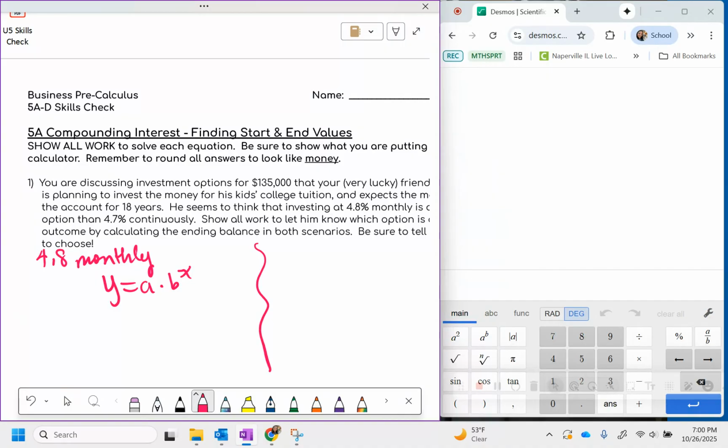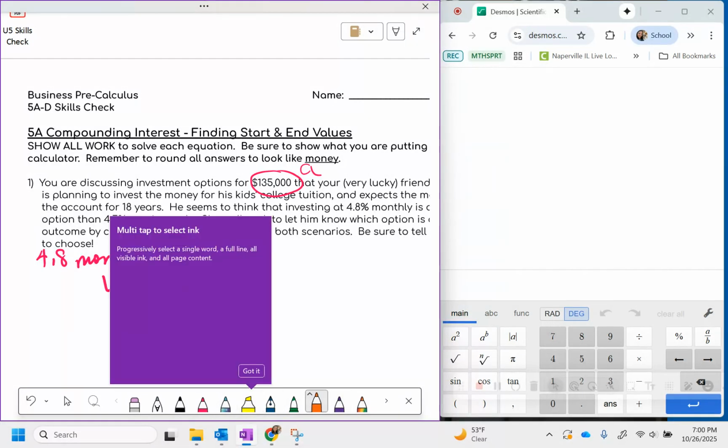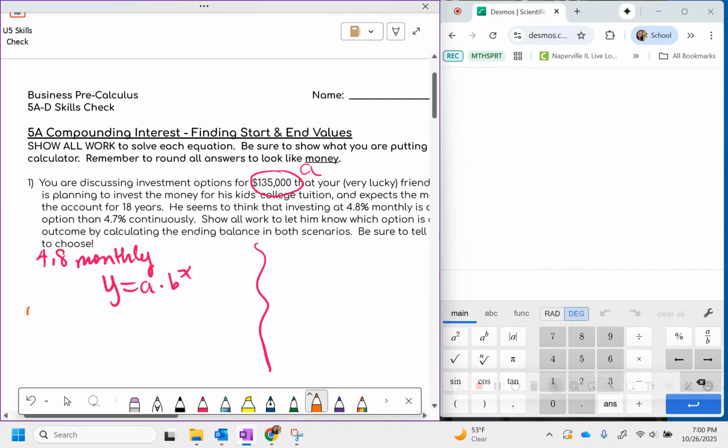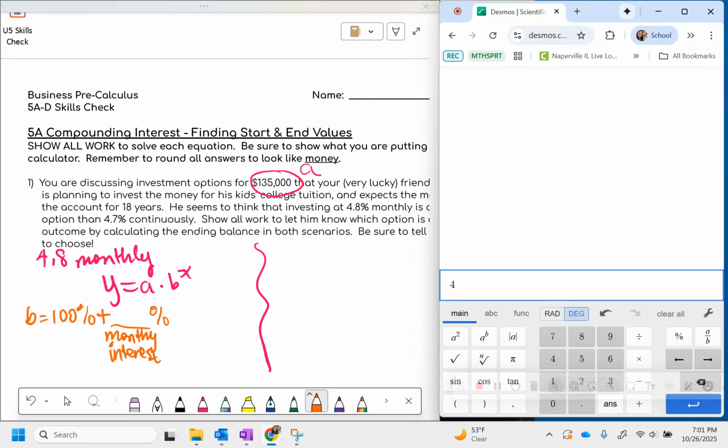And we know that y is what we don't know. A is our starting value. Our b is the thing that we usually have to calculate. So our b value is going to be 100% plus however much we're calculating per month. So actually I'll call this monthly interest. So for the monthly interest, I need to do my 4.8 monthly divided by,